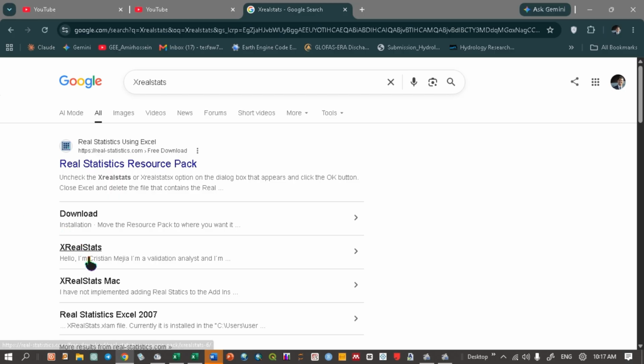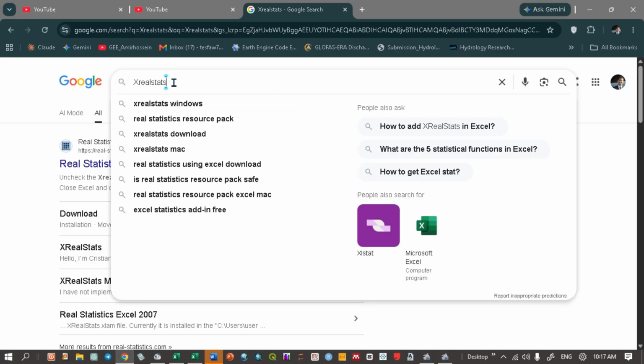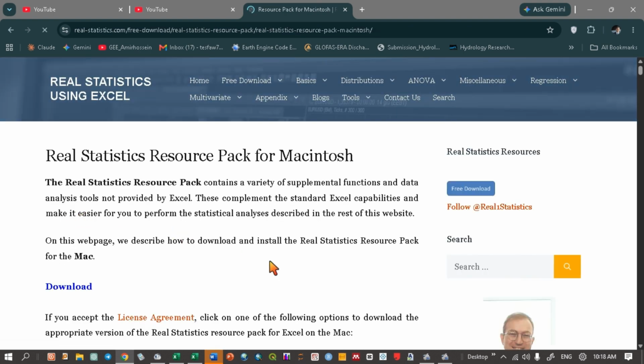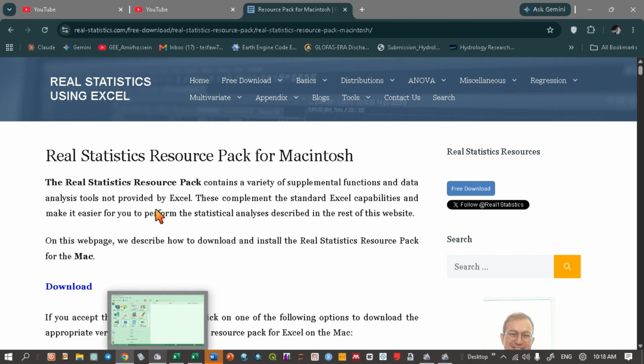So you can find this XRealStats add-in. You can simply type XRealStats on Google, and you can see here this is the XRealStats resource pack. In this link you can find the download link, so you can easily download the XRealStats add-in to be added into your Excel. After downloading, what you can do is basically